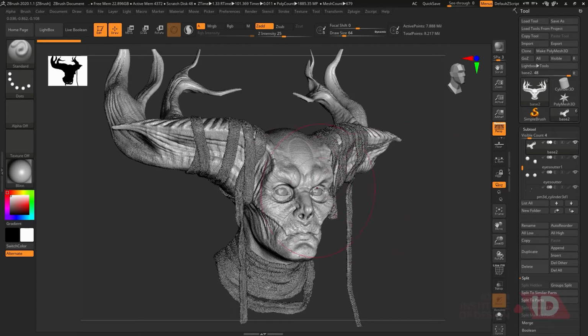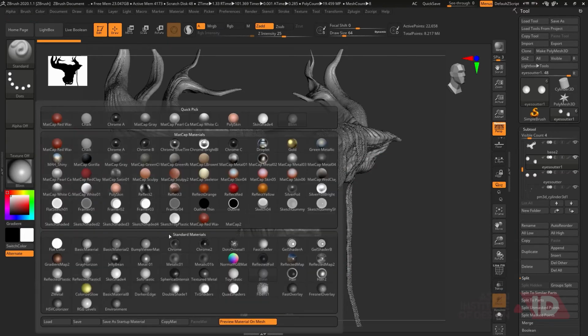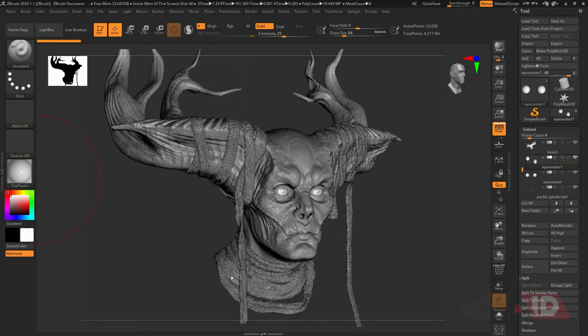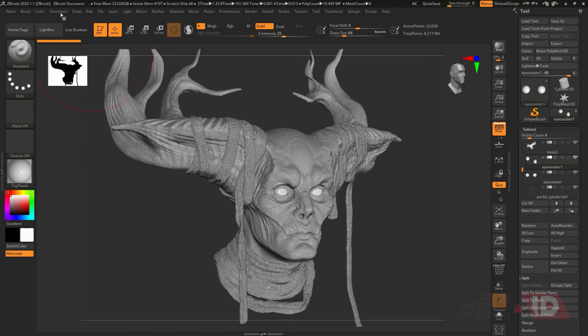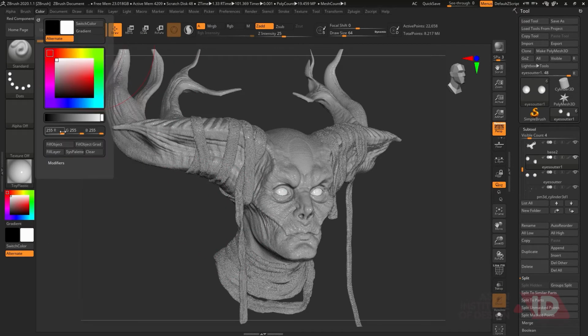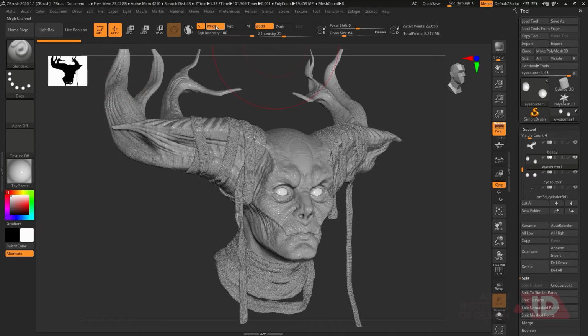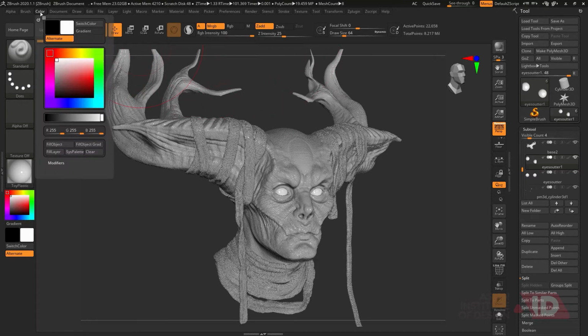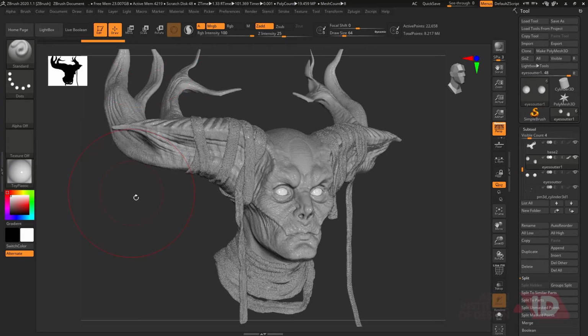This time I'll switch on my lens part, select my lens, and select a toy plastic, and go to color and mRGB and fill it.